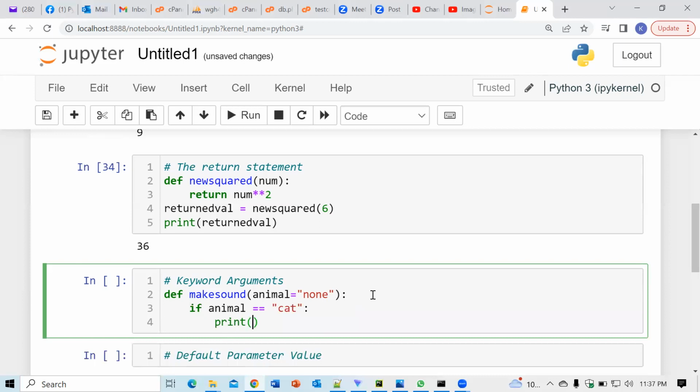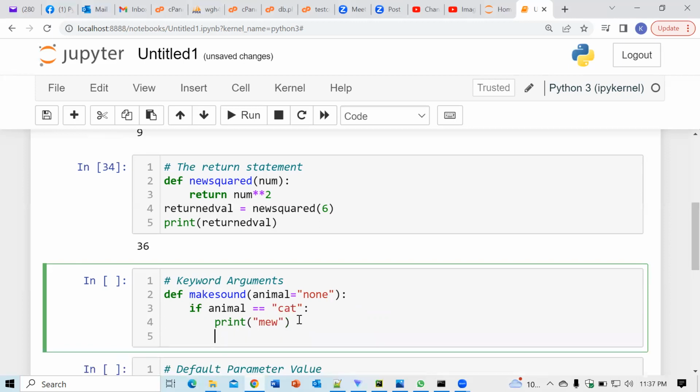I want it to check first what animal it is, then we know what sound should be made. Meow. See the way I'm indenting? The if, elif, else have to be aligned. So elif, which is else if, dog,